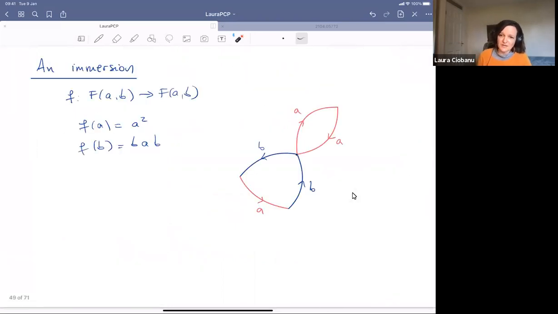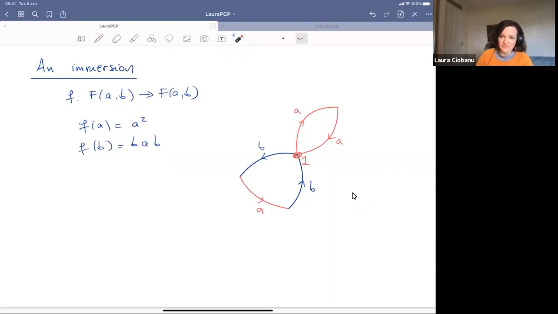So again, for those of you who are comfortable with core graphs, what is an immersion visually? If you take a map F here, say f of a is a squared, f of b is bab. When you draw the image, again as a subgroup, you have the identity here of the free group, and one of the generators is a squared, and the other one is bab, and so this has